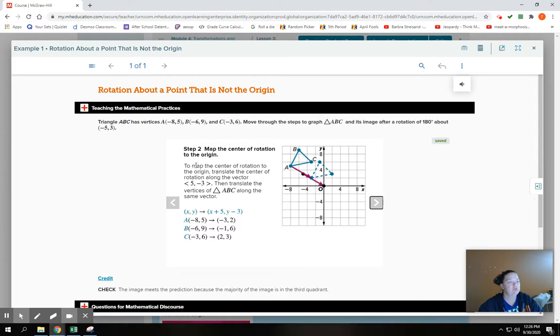Map the center of rotation to the origin. To map the center of rotation to the origin, translate the center of rotation along the vector (5, -3). Then translate the vertices of triangle ABC along the same vector. So the suggestion here is to take your triangle and the point of rotation